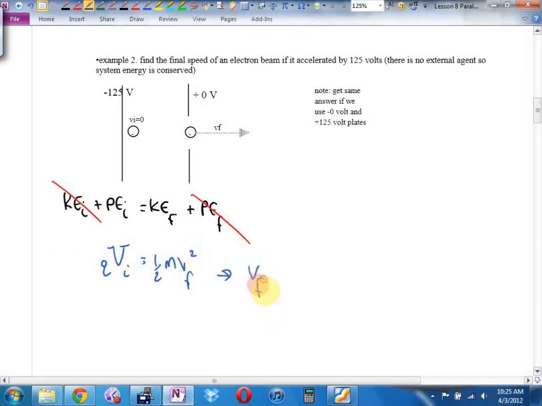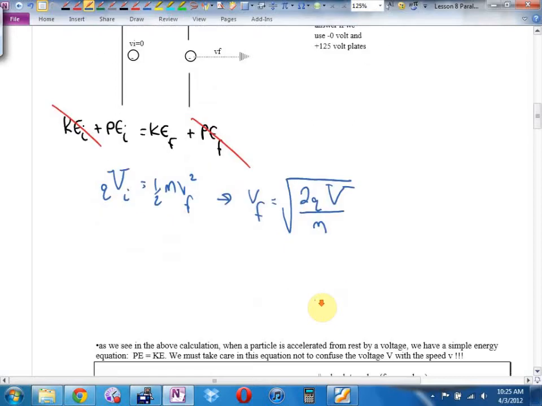I guess for an electron gun, for any charged particle gun, the final speed is going to be 2 times the charge times the voltage you send it through, divided by the mass, square rooted. That's going to be an equation that pops up fairly frequently. Final speed is going to be